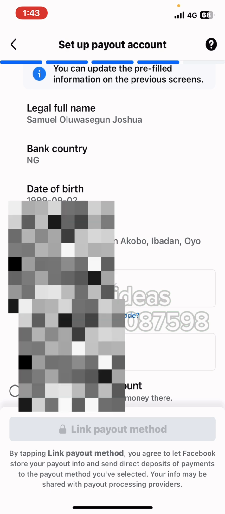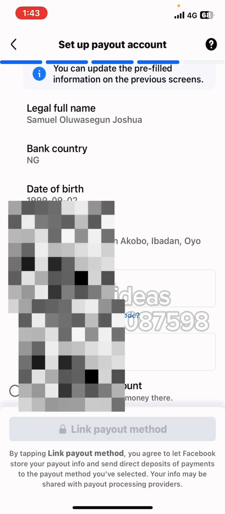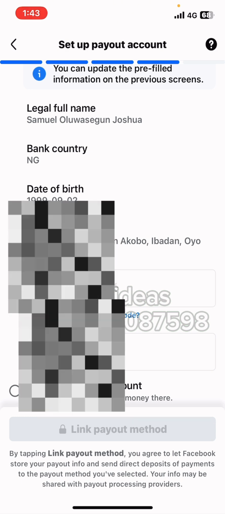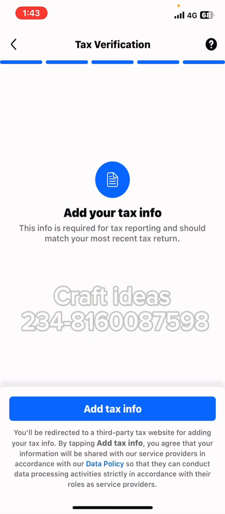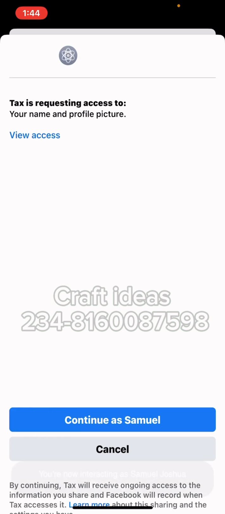Once you click on link payment method here, it will load and confirm if your account is active, if the account is correct, if the details are correct. And here you want to input your tax information, which is the last page. So you will just click on add tax info here. Once you click on it, you input your tax info, and once you're done, you click on submit, and your application will be successfully submitted